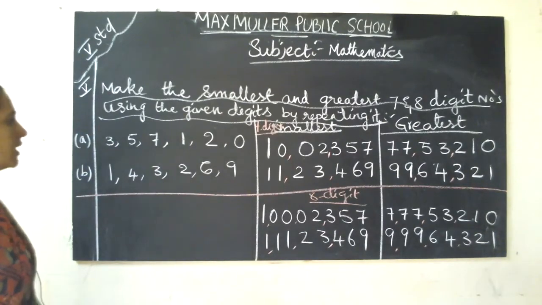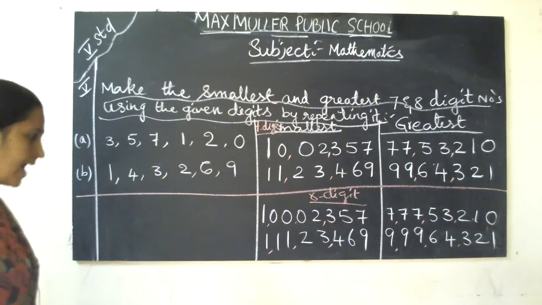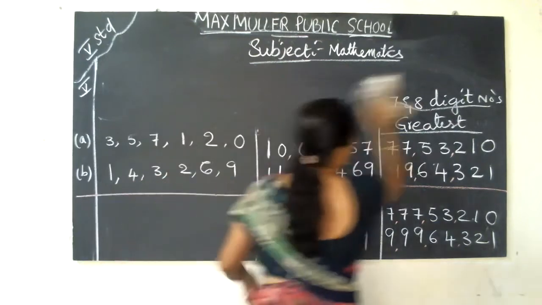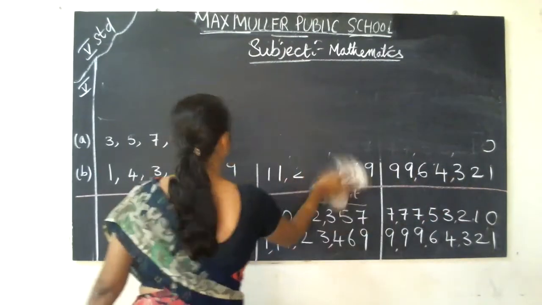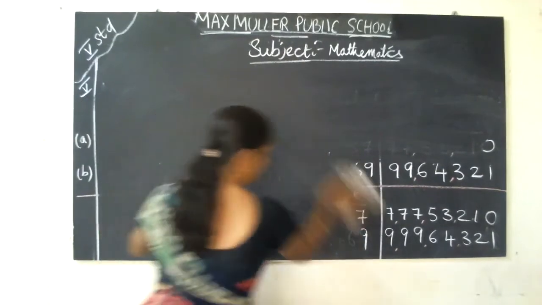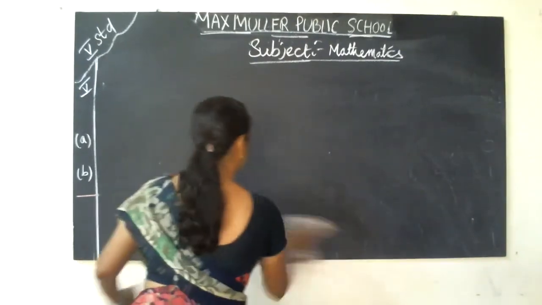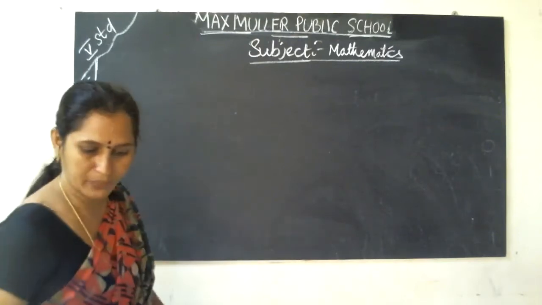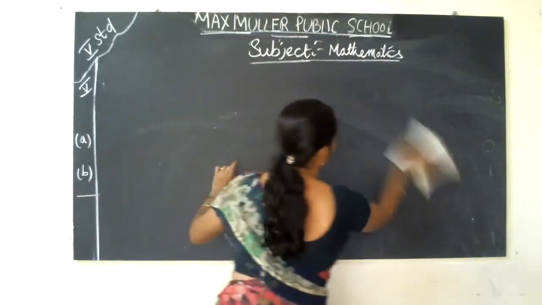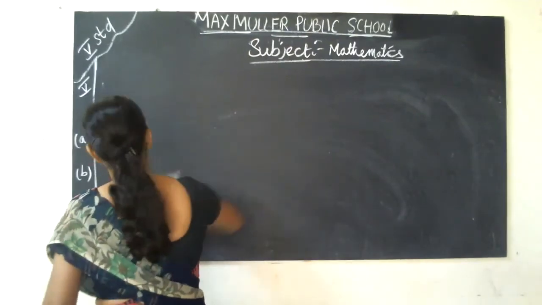So next, last main. We are going to the last main, that is the Indian and international place value chart. This is the last main. Follow the class properly, children. Follow it, understand it, practice. You have a lot of time sitting at home. Don't waste your time. Valuable time is very precious, children. If you waste your time, we cannot regain it. Please concentrate, and practice it as many times as you want.